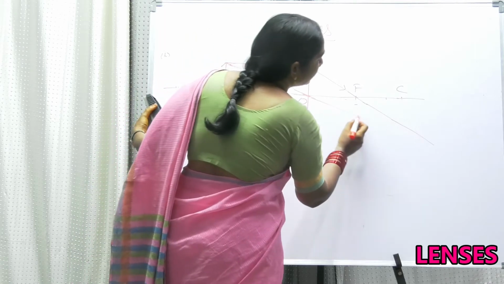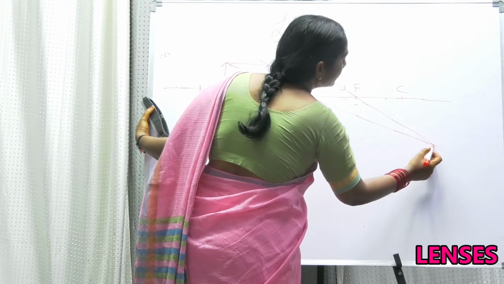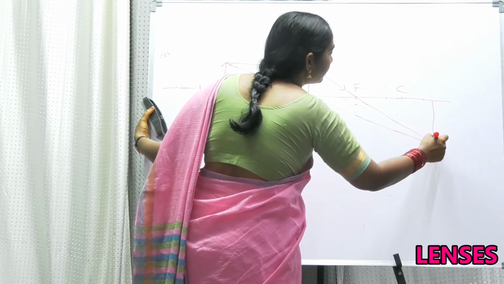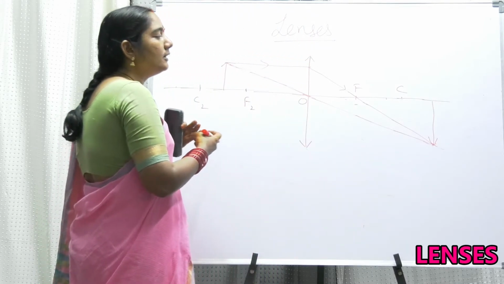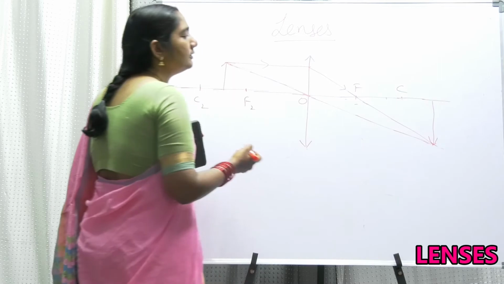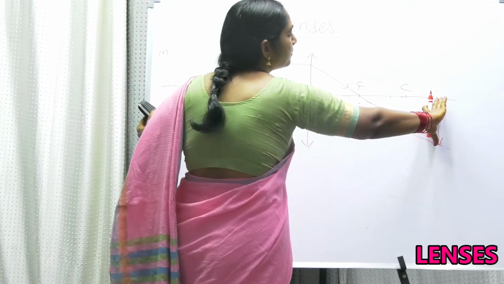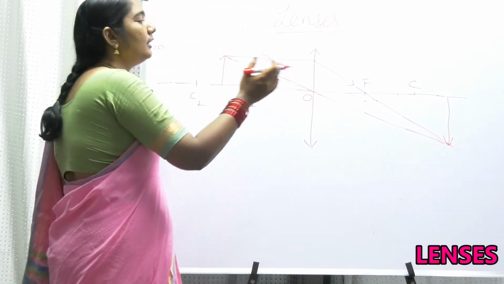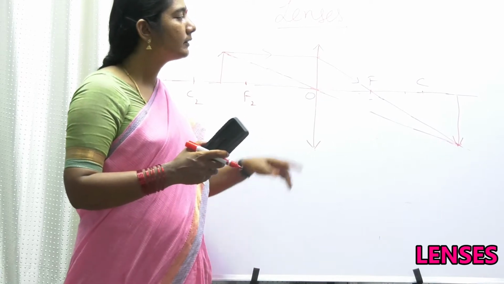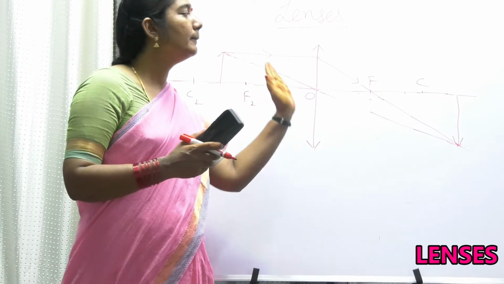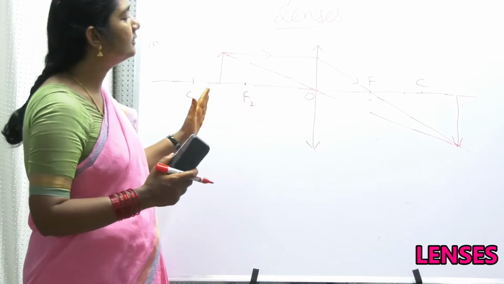Now, my dear friends, you are getting these two rays meeting at this particular point. At this point, we are getting the image at the point of intersection of these two rays. The size of the image is more than that of the object. So the nature of the image is magnified, inverted, real. It is formed beyond C. So my dear friends, this is the third case we have seen.